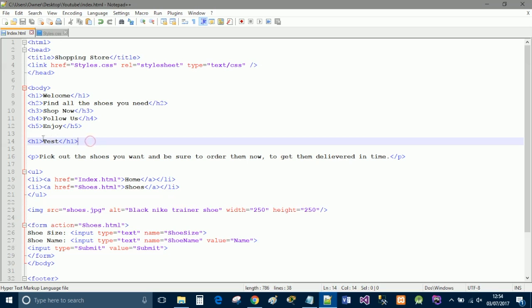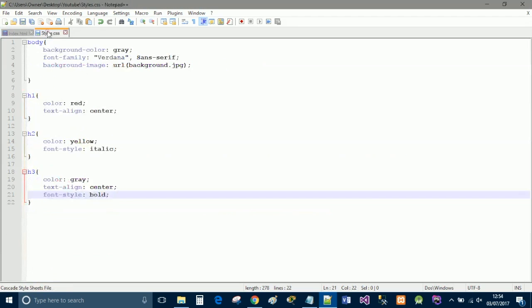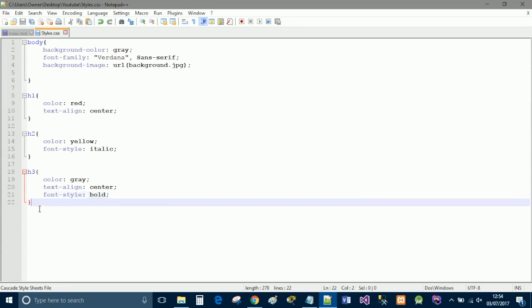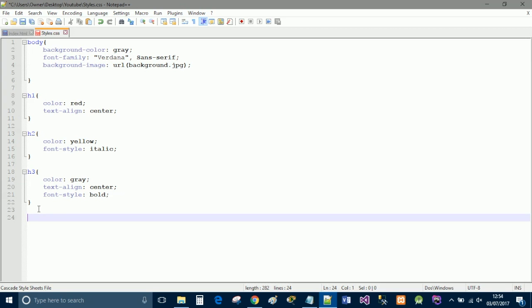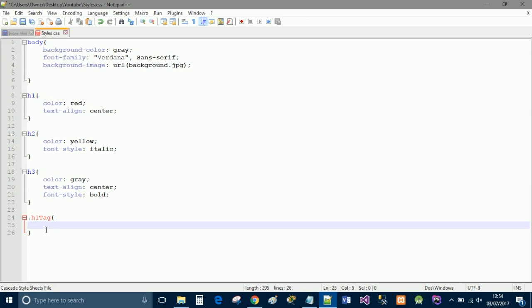If you wanted it to target this one individually, you can do ID equals, and we will do H1 test. And then if we go and we target it, let's just have to ask an ID. So we do H1 tag, and we do,